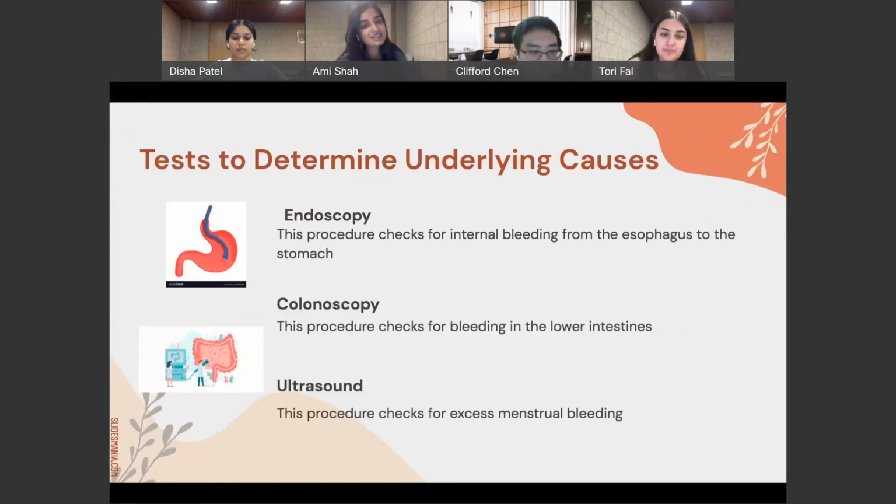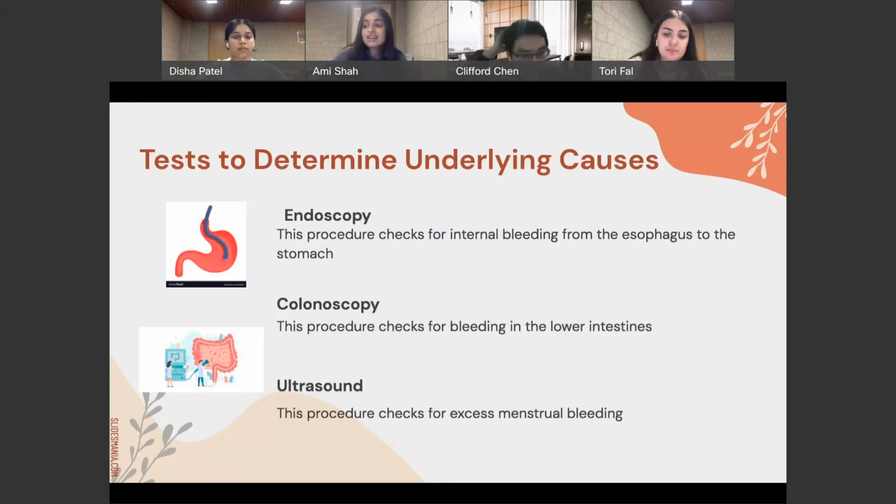These are the tests to determine the underlying cause, as mentioned in the flowchart. All the tests involved here all check for internal bleeding, but just in different parts of the body. For example, the endoscopy. This procedure checks for internal bleeding from the esophagus to the stomach. It uses a thin line tube that contains a video camera. The camera allows the doctor to look for sources of bleeding anywhere from, like I mentioned before, the esophagus to